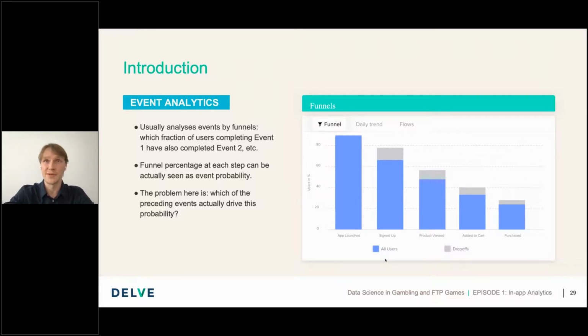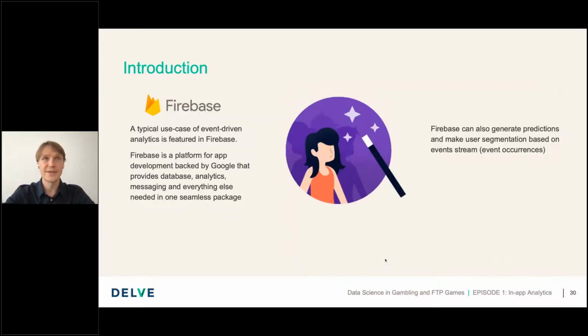Maybe it was caused by a sequence of events repeatedly, not by just one of them. So it's really hard to judge what are the reasons for a particular behavior, but it's good to spot the situations in the app. So this is a default way of analytics of Firebase.